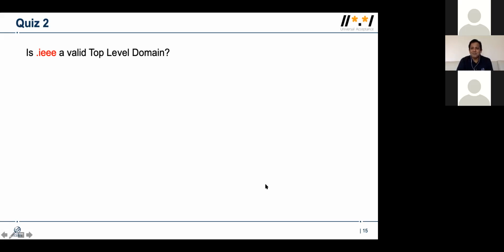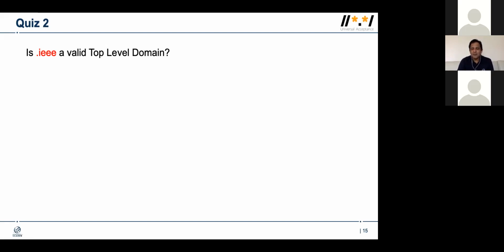Yeah, so basically the idea is that there's a point about whether valid means whether it's registered. Yes, that is the expectation. Actually, it is a registered and a valid top level domain, right? All right. So I hope this point is very clear, because we wanted to make sure that you are quite